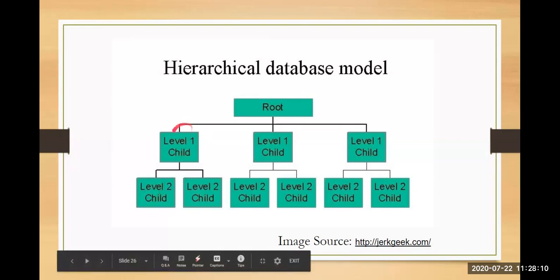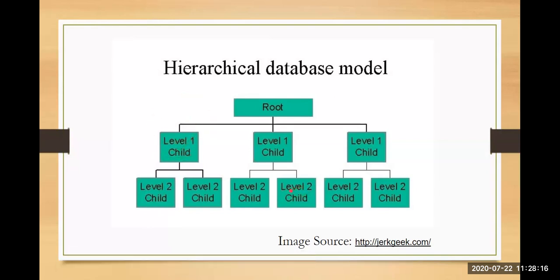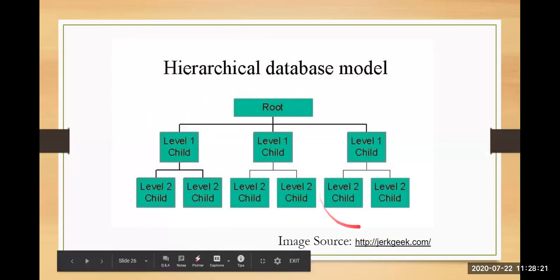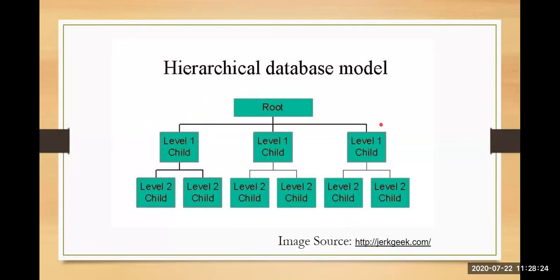You can see here there is a child record which has only one parent. Similarly, this is a child record which has one parent here. Similarly, here you have two child records which have one parent. So each child will have only one parent record, whereas each parent can have multiple children. In this diagram, each parent has two child records. That is your hierarchical database model. All your information is stored in the form of a tree-like structure: a root node, parent nodes, and child nodes. That is the architecture of the hierarchical database model.